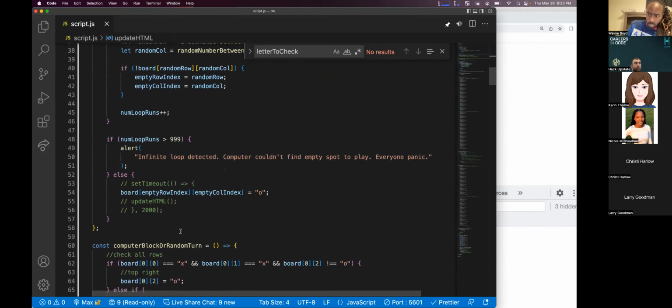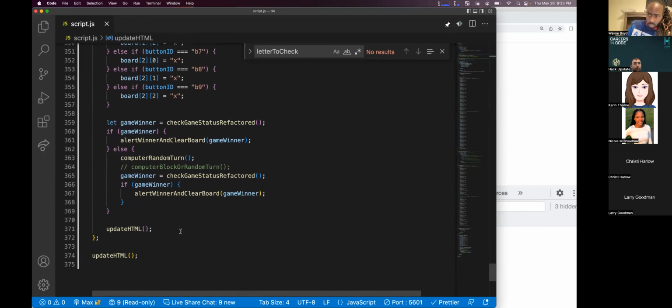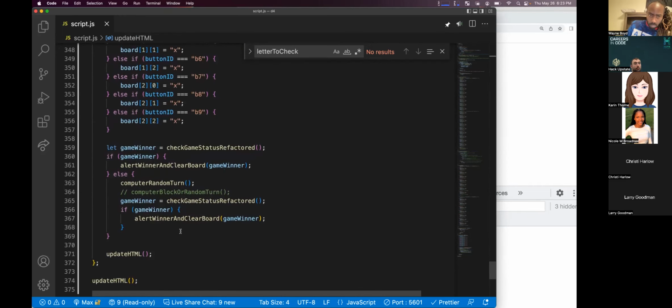It looks like you don't have it twice. That's what I have. So you did take something out, or you replaced that function with the check game status function. I got a computer random return. Yes. Oh, you added game. Wait, then now I have three. I don't know.